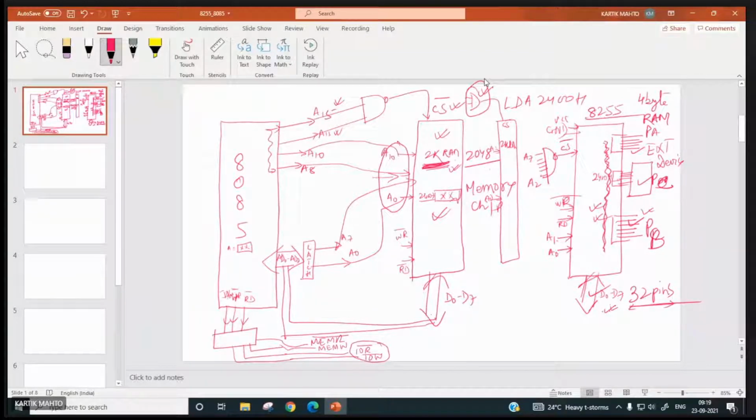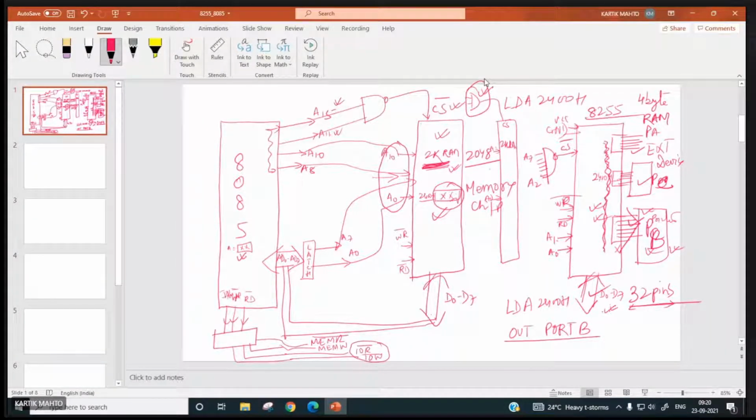Suppose at port B, here we have connected a printer. So 8085, it wants to print a content of 2400H. What it will do? It will do LDA 2400H. So data will be in the accumulator. Then it will out that content to port B. So it will do what? Out port B. So 2400 content will be placed over here and it will be printed. Right? Of course, in that case, you have to decide this port has output port.